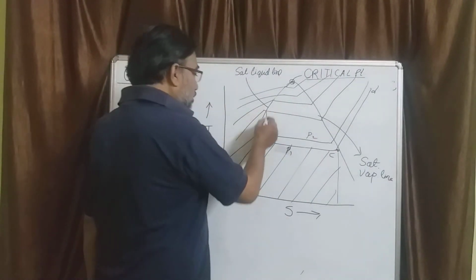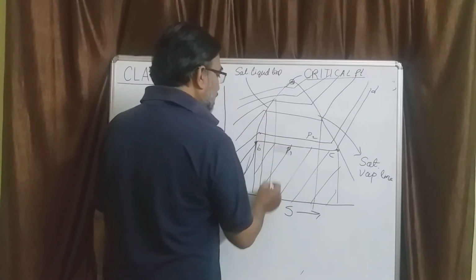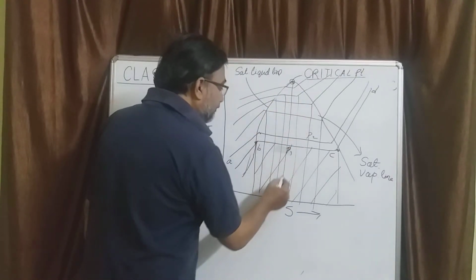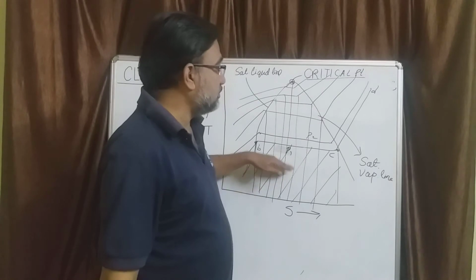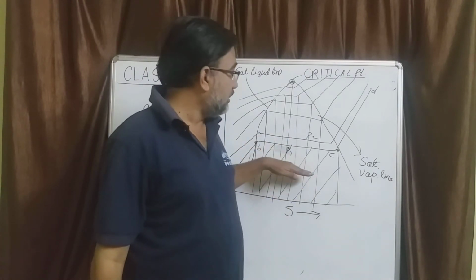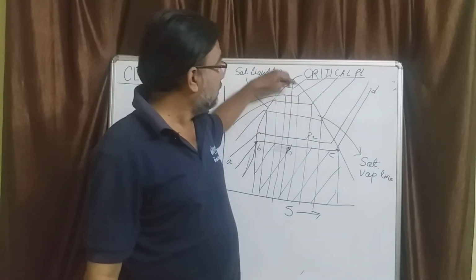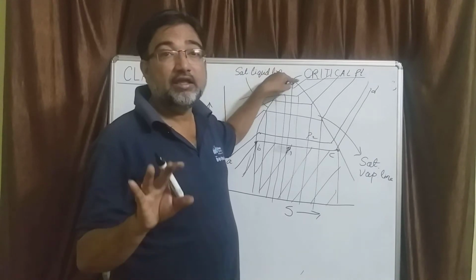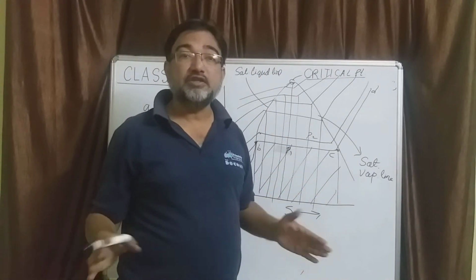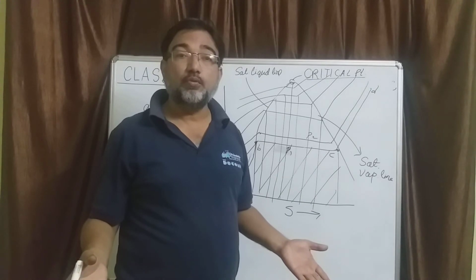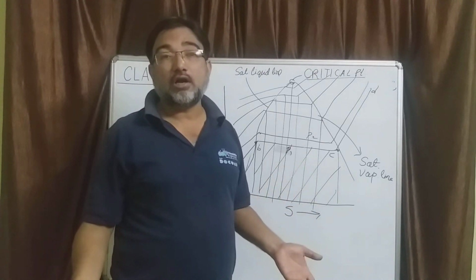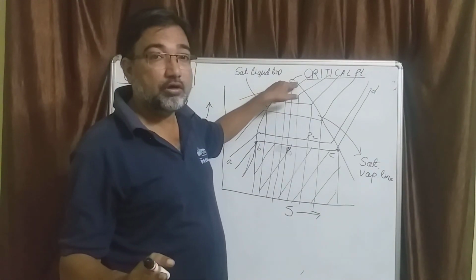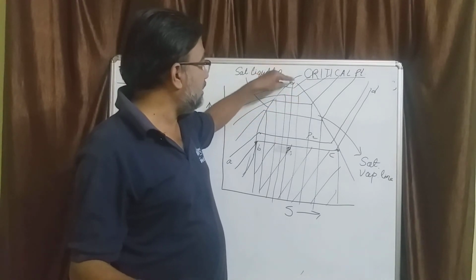Now if you go on projecting this for different pressures, you will find that as you reach the critical point, the magnitude of latent heat of vaporization will keep decreasing gradually with pressure, and at one point of time when they will reach the topmost point called the critical point, the latent heat of vaporization becomes zero. That means you don't require any heat to be supplied in order to transform liquid to vapor, but that is at a very high pressure. I'll tell what is the pressure at that point of time. So that is at high temperature and high pressure.